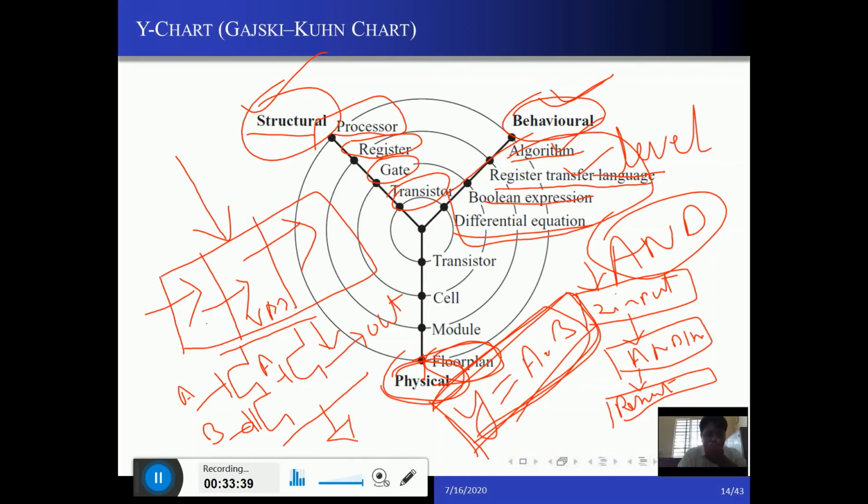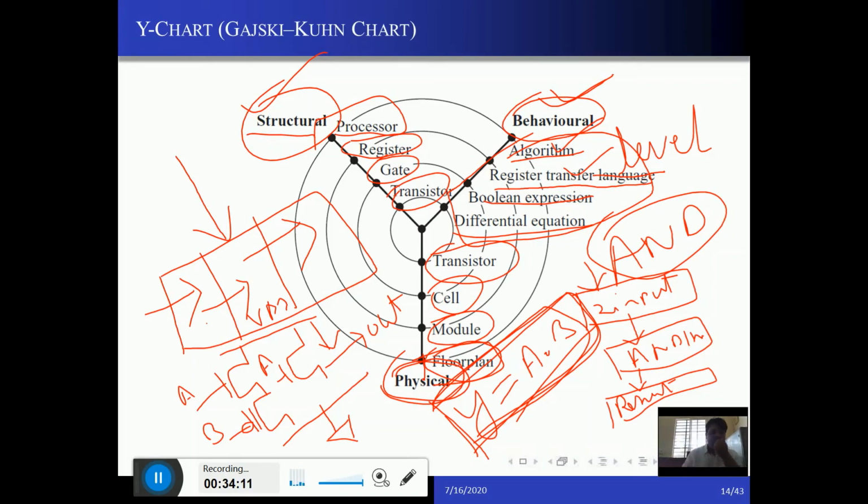You can give the module design also, that where are the modules placed on the complete IC. For example, processor is placed here, input output pins are placed here, then logic gates are placed here. So you can give the module design also. You can give the cell level design, that where are the different cells placed on the IC. Then ultimately at the lower level you can give the transistors, where each particular transistor is placed. That is known as physical domain.